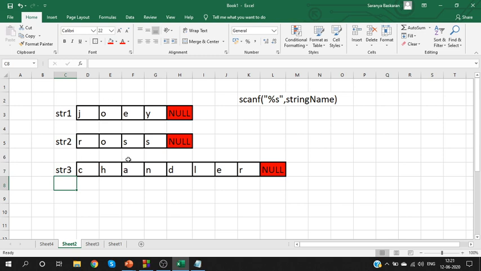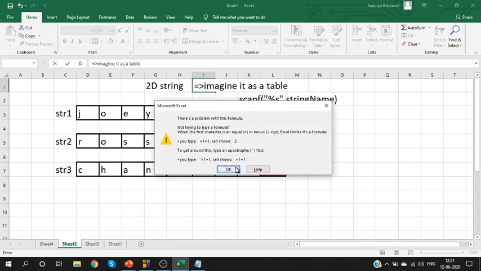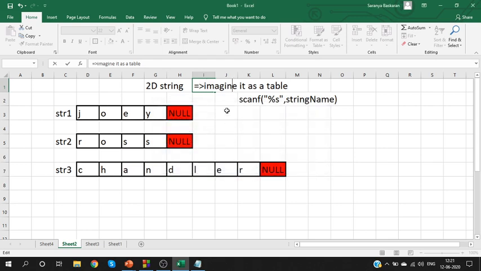Yes, instead of creating multiple string variables, we are going to imagine this as a 2D array. Okay, we'll imagine this as a 2D string. Okay, yesterday we were working with 2D arrays. Here we are going to work with 2D strings. What did I tell you? Whenever you have 2D, imagine it as a table. Just imagination, guys. It is not an actual table. Imagine it as a table. That's all I'm telling you here.